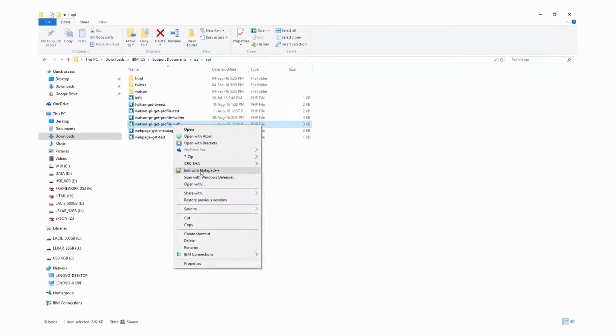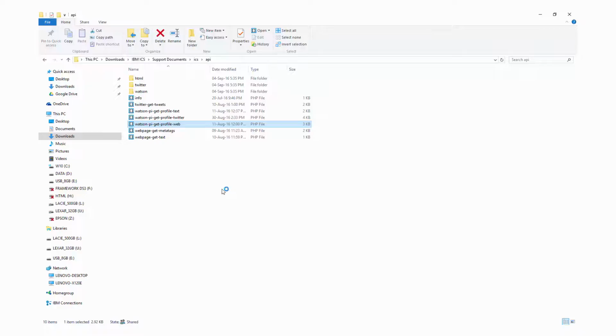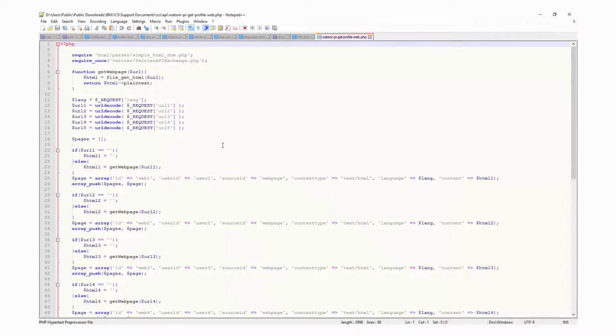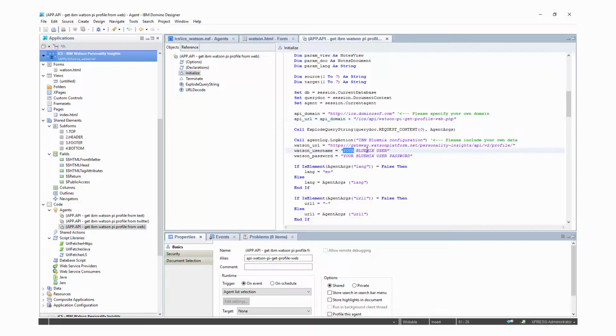This is the PHP file that receives that post. You don't have to change anything in this PHP file. It has been created thinking in this case that the Lotus script is going to make sure that everything is in that post request. For example, that you are sending your IBM Bluemix user and password, and in the case that you are